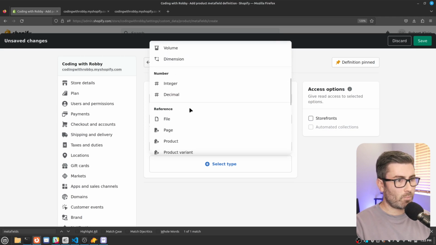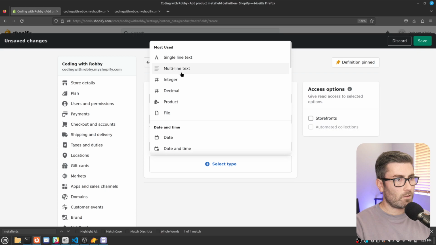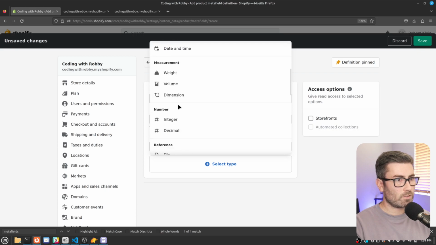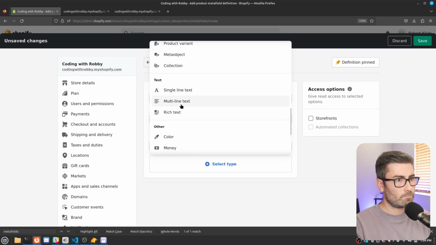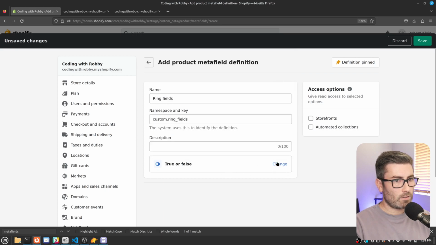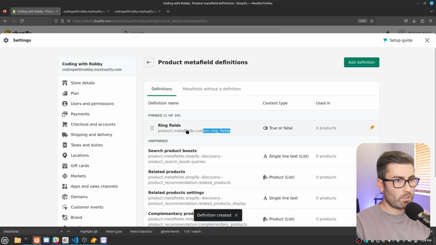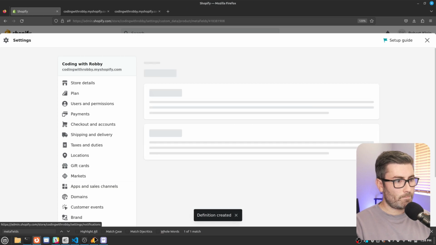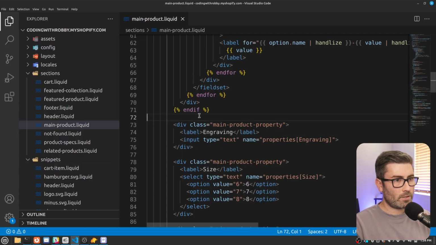So let's look for a checkbox. Should be on here somewhere. Let's see. True or false right here. We'll add that. I think that's all we've got to do. Let's go save. And now we've got the key right here. So let's copy that. And then let's go back to our template and we'll go